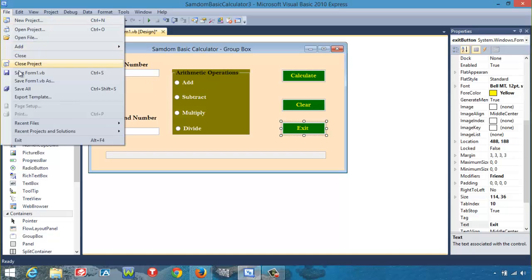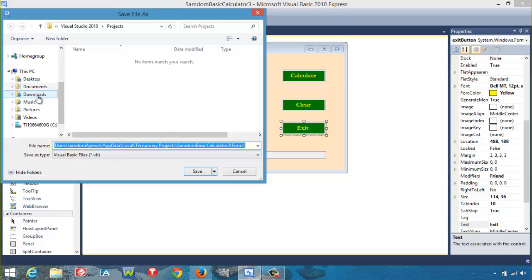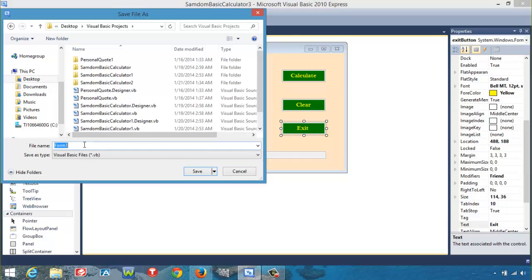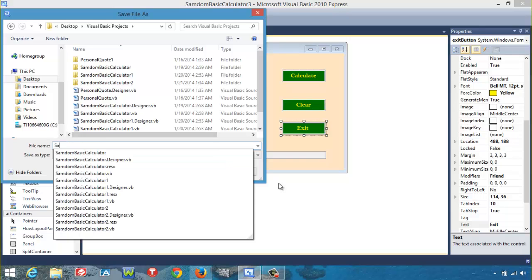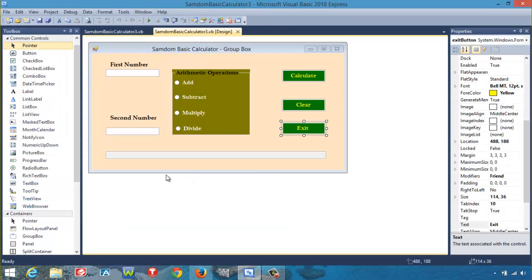Save it. So save from 1.vb as, I go to my desktop, Visual Basic Projects, and this will be Samdom Basic Calculator. This will be 3. Save. Okay, and after that